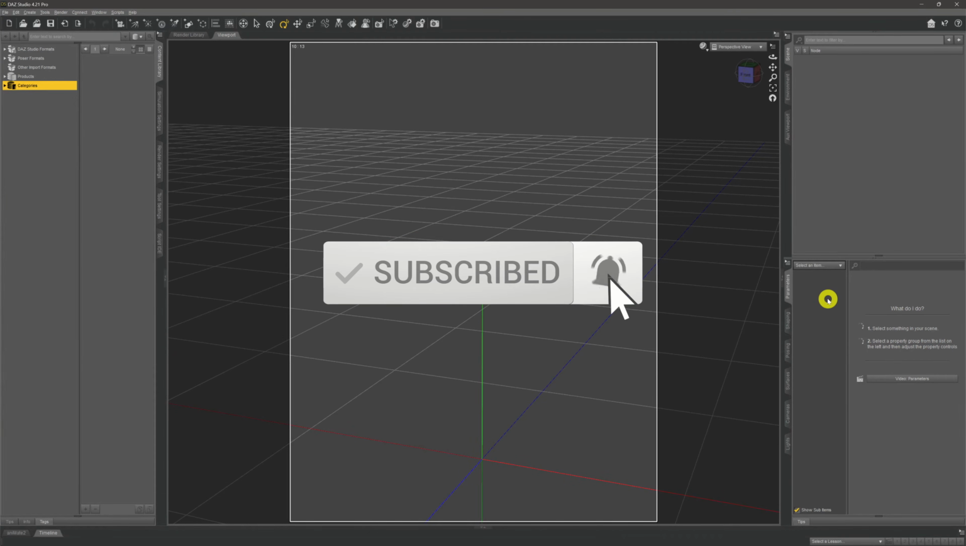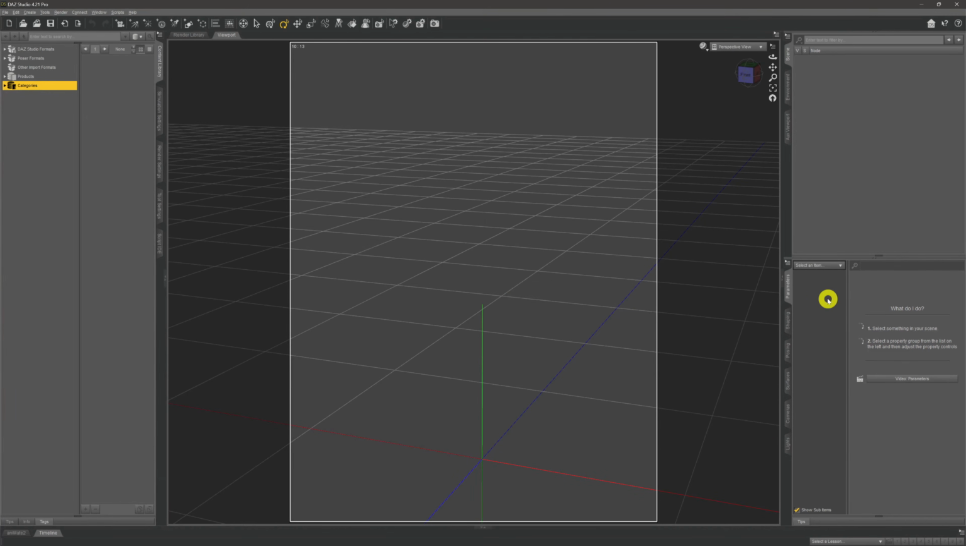In the last video I gave a quick look at the customization options within the DAZ 3D user interface to get everything looking how you maybe want it to look. Make sure you follow that link up in the top right of the screen to check that video out if